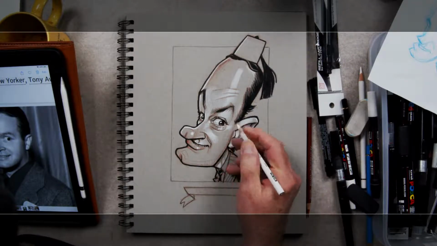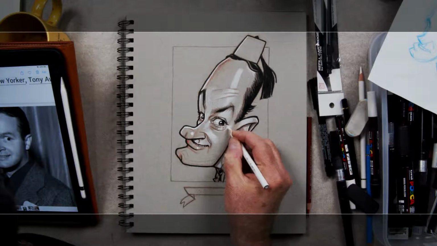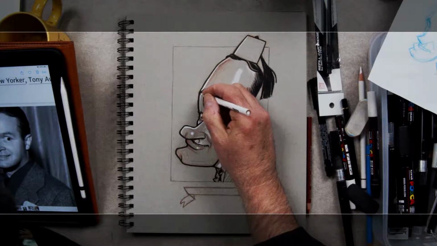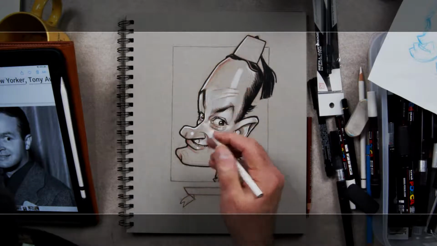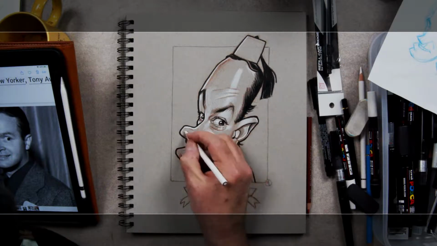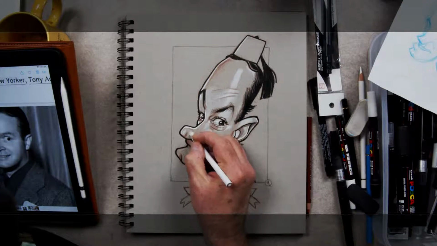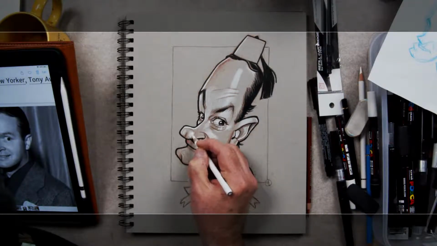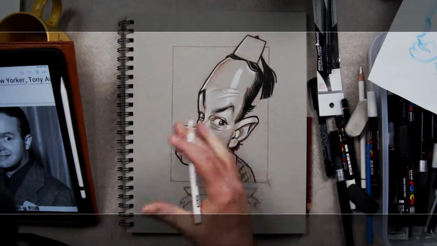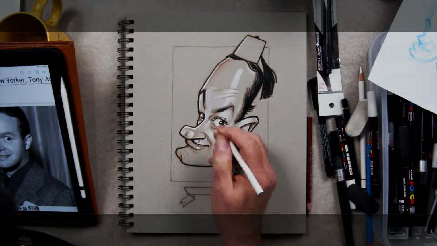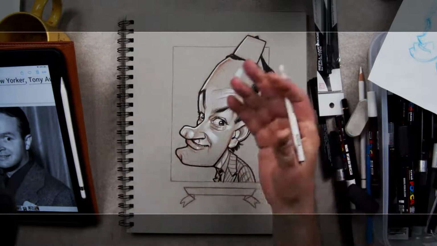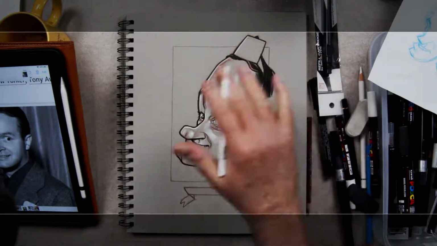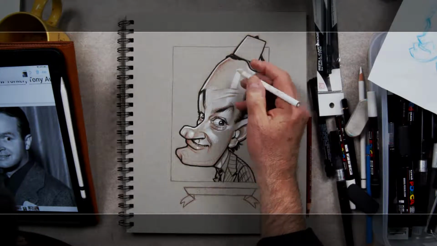What a pleasure it is to draw somebody so smooth. I was just thinking, he's so smooth. His skin is so beautiful and smooth. I mean, what a great thing. I love drawing the little subtle details and wrinkles and things, but once in a while you get to a face and you think, whoa, it's so slippery, because it's a tactile thing. I'm sculpting in space here, and it's like me running my fingers over his face.